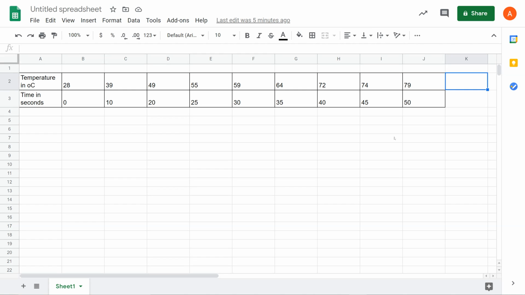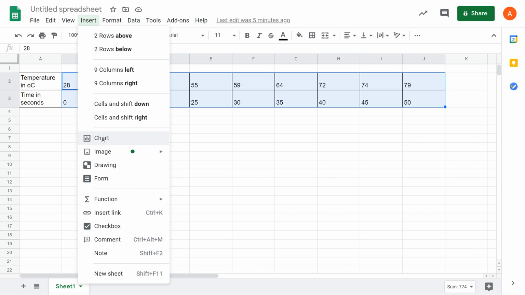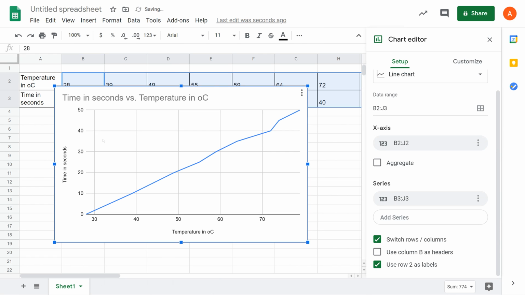Okay, so I'm just going to make a video to explain how to make the graph in Google Sheets that I was expecting, because several of you had trouble with this. So what I've done first is I've just taken the data from the document and pasted it into this spreadsheet. So what I need to do in order to make a chart is, first of all, highlight the data that I need, and then I go here to Insert and select Chart,